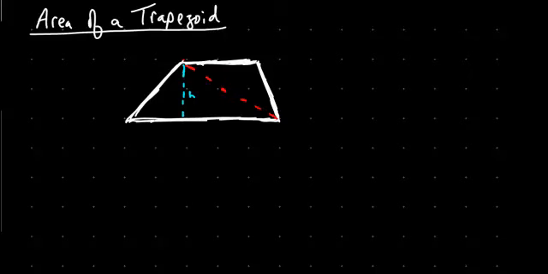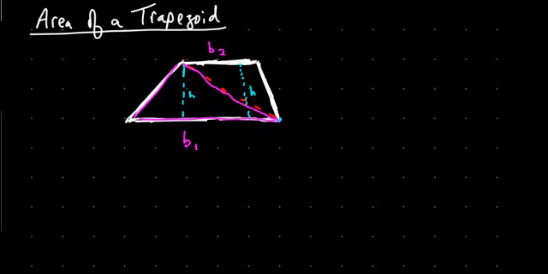That is, the perpendicular height to the height that side reaches is h. So if we call this side B1 and this side up here B2,